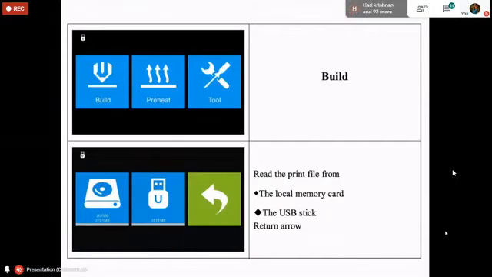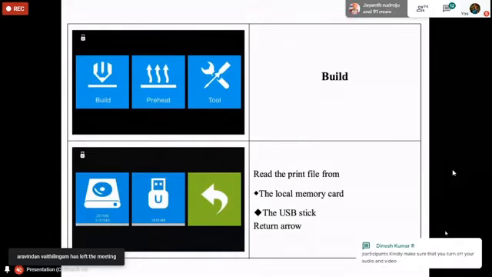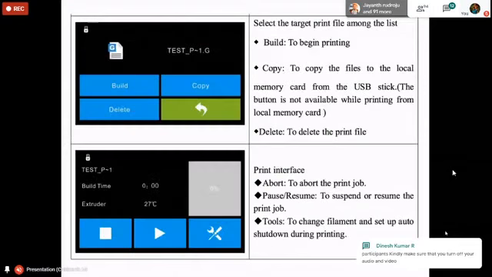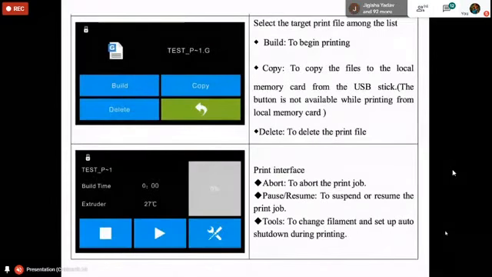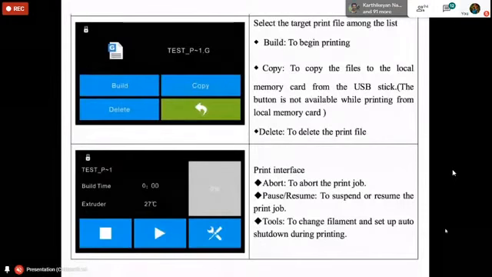Once you choose the build option, you will be getting two of these options. The left one is the internal storage, and the right one is the external storage. Once you choose any type of storage, you'll be given a list of options. The list of options will look something like this. If you check my camera feed, you could see the wall which we sliced yesterday as well.